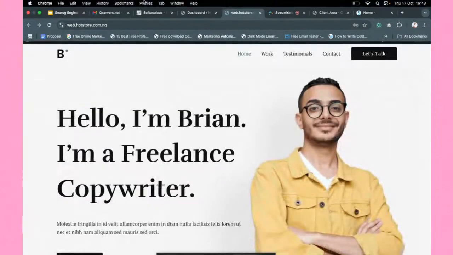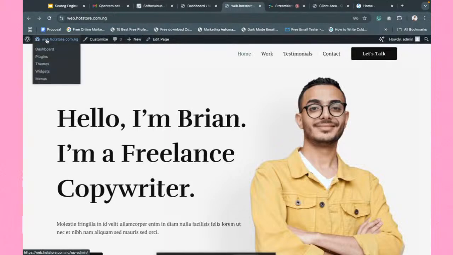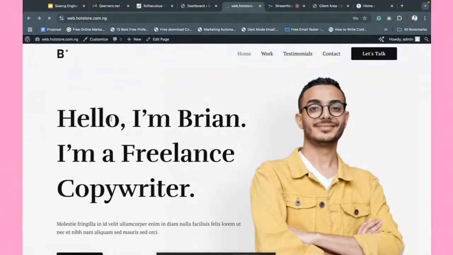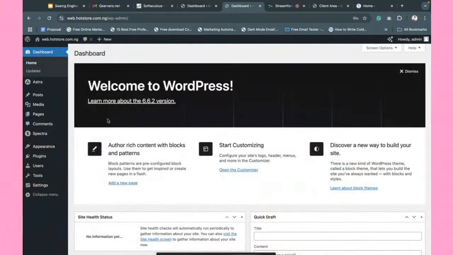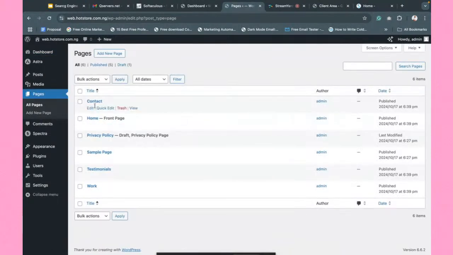If we do not have Elementor, we'd have to install Elementor. So you click on dashboard. Now Elementor is a page builder. A page builder would help. It basically makes it easy for you to edit your website. So let's head over to pages. Now these are the pages that we have here. We have the home page, the privacy page, the sample page, and testimonial. At the moment, we do not have Elementor. So let's head over